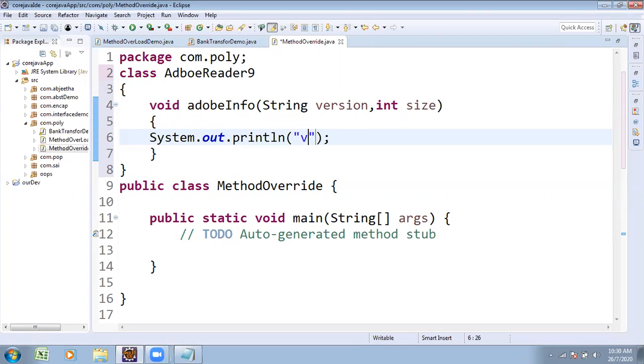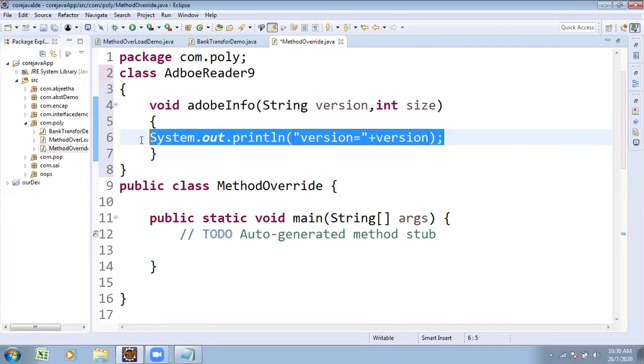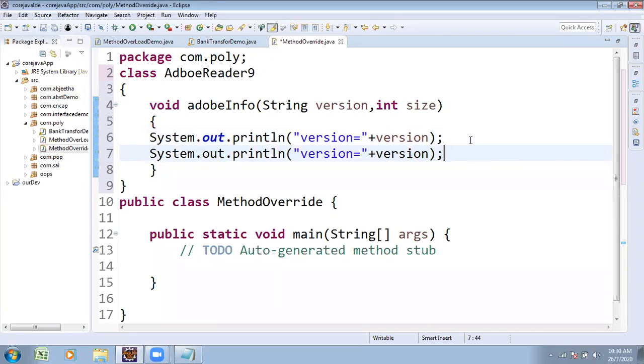Some customer wants to learn Adobe Reader, purchase Adobe Reader or use the software. So when the 9 version is going to be released, your concerned salespersons or someone are going to explain about it. So you are just giving the details about that product. System.out.println of version: "Version is " plus version. Similarly, the file size in MB. Try changing that also. Some description, one method name, the adobeInfo method. In that method, some logic is written. The size method, they are going to present it, size after that also.